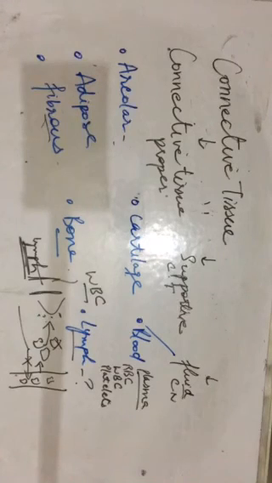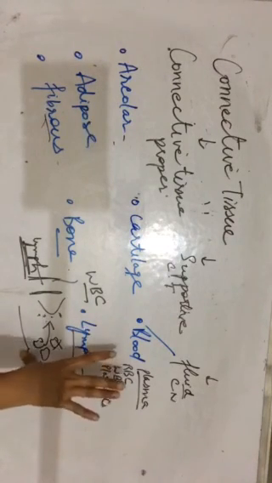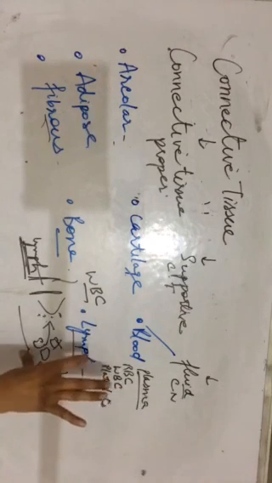Okay, and both blood and lymph play the role of transportation. They transport oxygen, carbon dioxide, nutrients, and both lymph and blood also play the role of protection. They provide us immunity. WBC provides us immunity, and WBC is present in both blood and lymph, so they give us protection